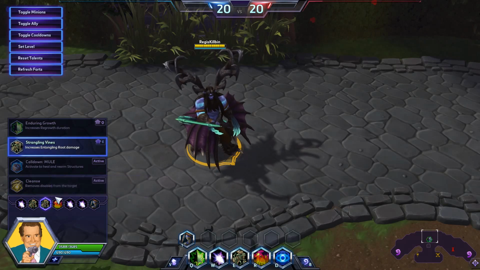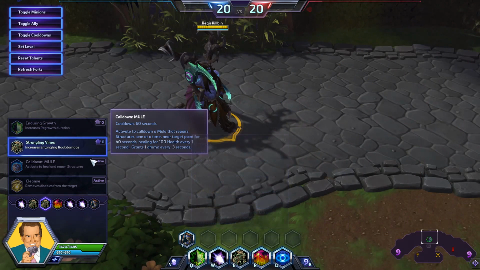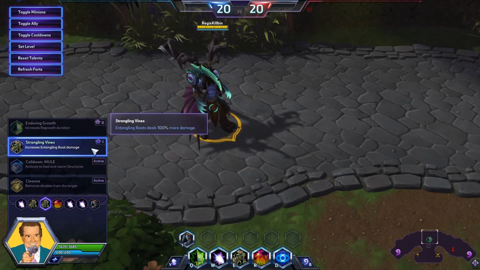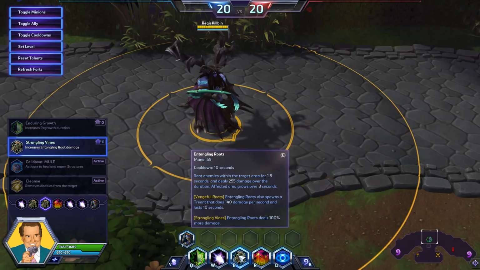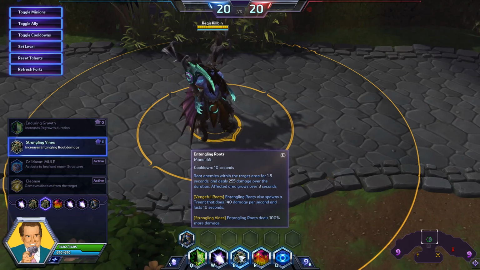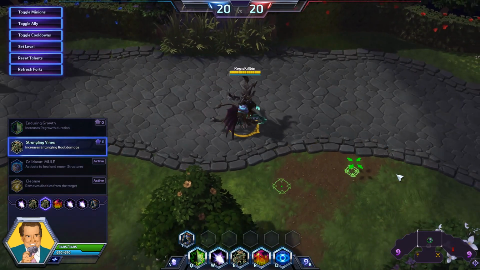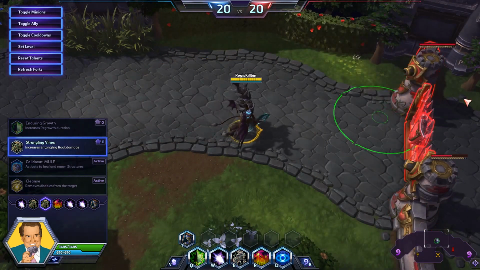At level 7, we're also going to buff our Entangling Roots ability, this time with the talent Strangling Vines. Entangling Roots deals 100% more damage, so it does 255. Normally, this means it will be doing 510 damage. So we can see here when we cast it on